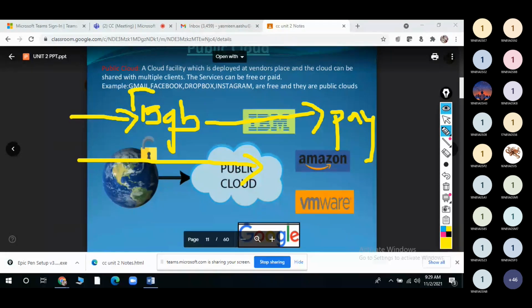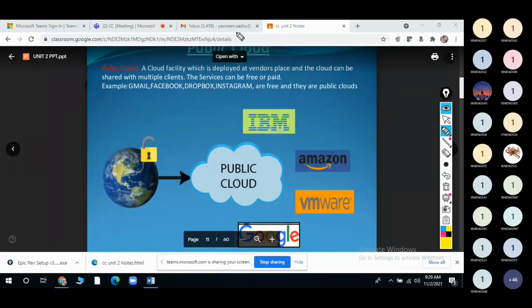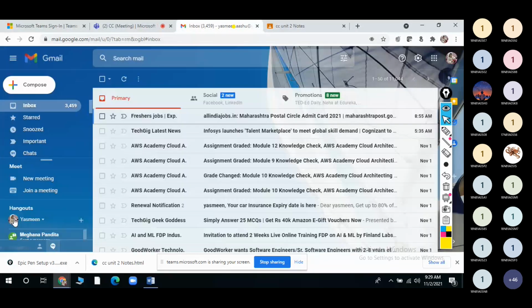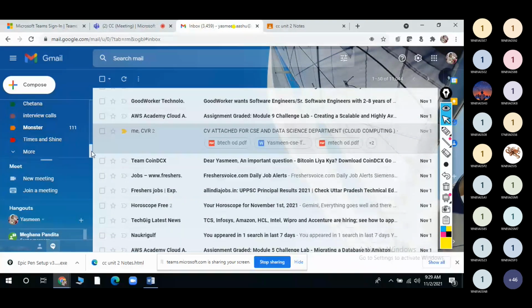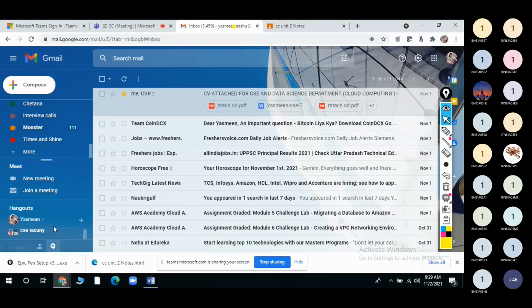For example, see here, this is my Gmail. We can see our limit. The scroll is not getting scrolled, so let it be.